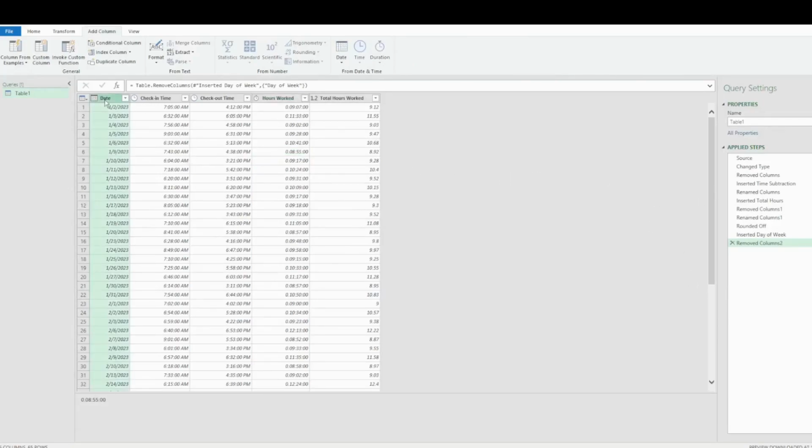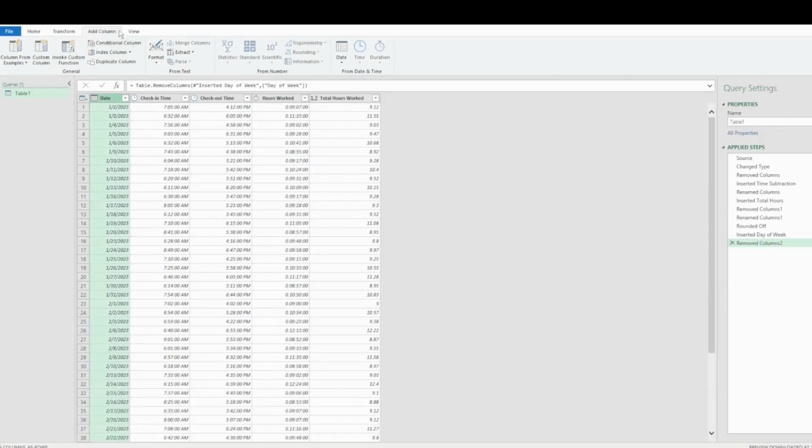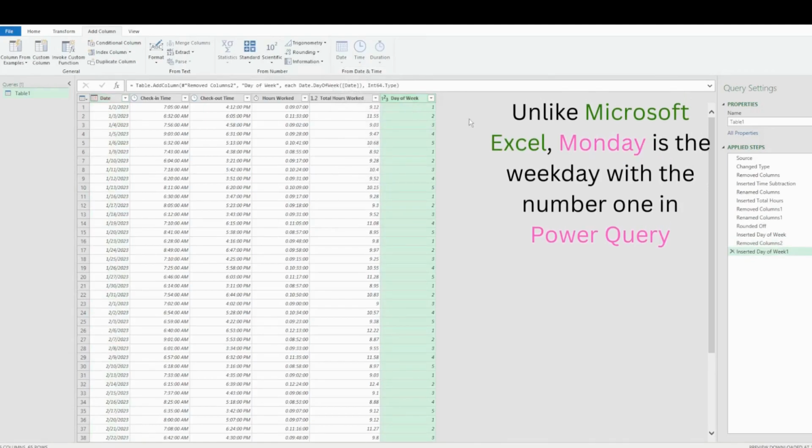So if we select the column of dates and add column date, day, day of week, here we have the column with the numbers of the weekday. However, an important feature here of Power Query is that for Power Query, Monday has the number 1, whereas in Microsoft Excel, Sunday has the number 1.